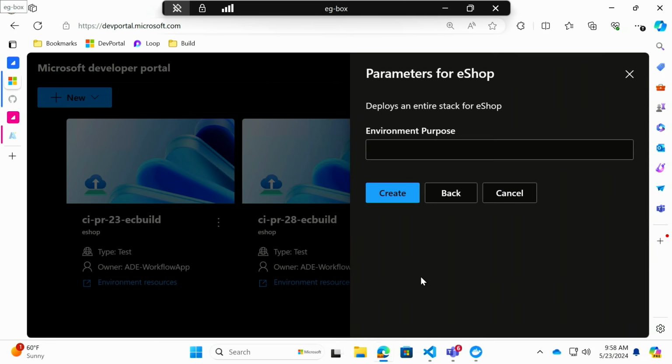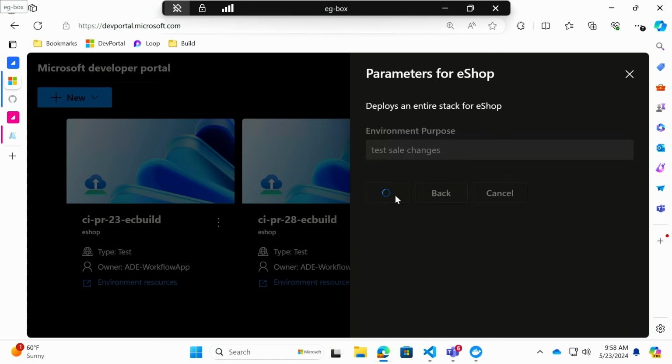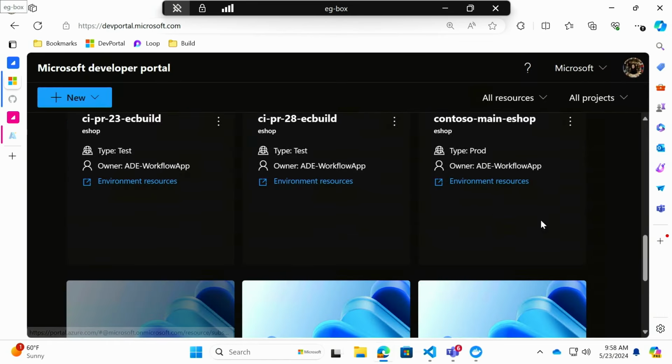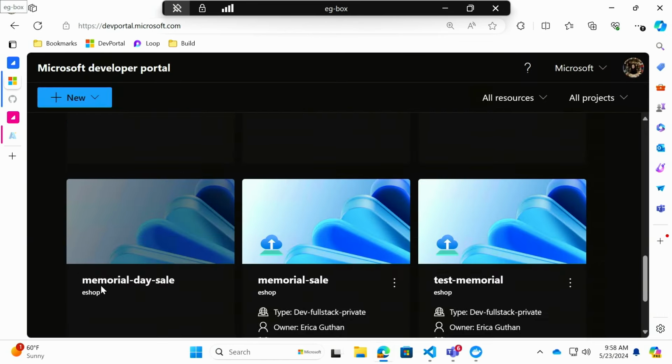So here, I'm adding a little bit of context to that webhook so that in that notification, my team and I have context on what this environment was created for, and we can have that grounded message when that comes in. So I'll go ahead and say, test sale changes,